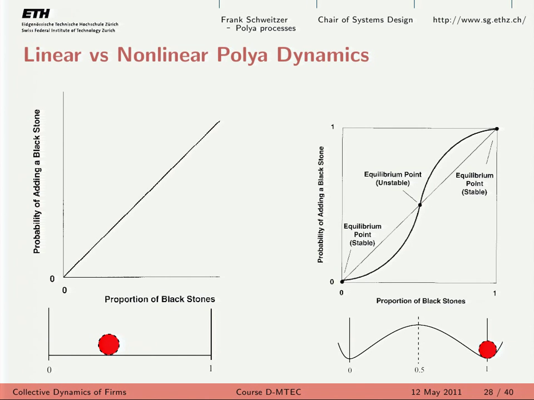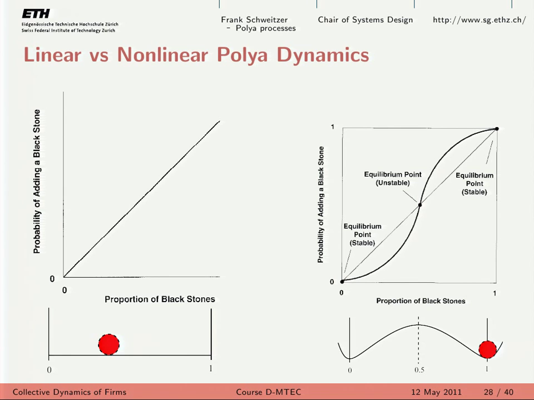The probability of adding a black stone is directly proportional to the frequency of black stones here. And then we remember from this picture that we have discussed that every outcome is possible. That means the ball can be here, but also there. So there is no preferred state. But if I choose any of the linear functions,